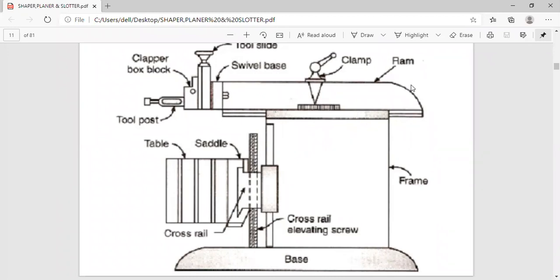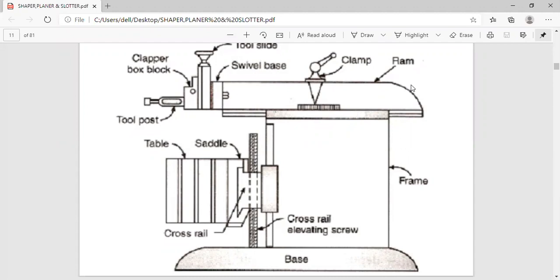If you want fully automatic, you have to have a CNC, computer numerical controlled shaping machine, in which you have a machine control unit, and you can operate the feed or whatever mechanisms are there fully automatically, instead of by handles and levers.